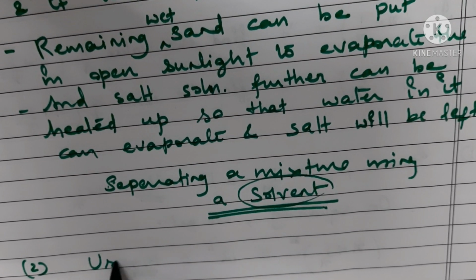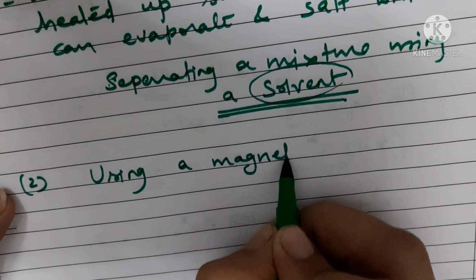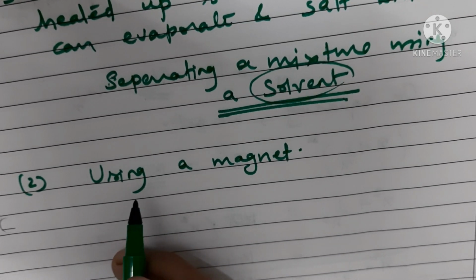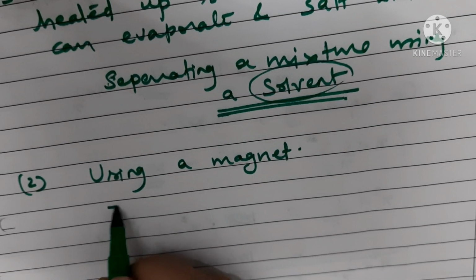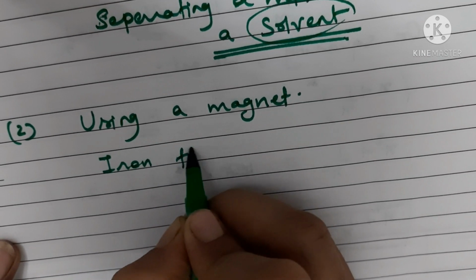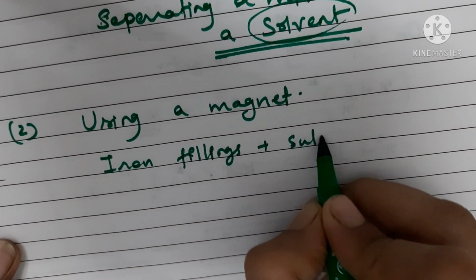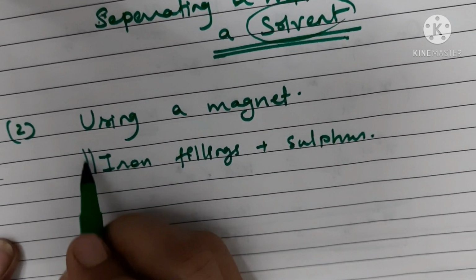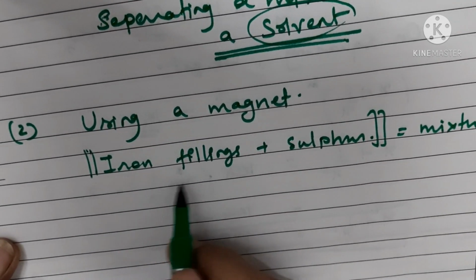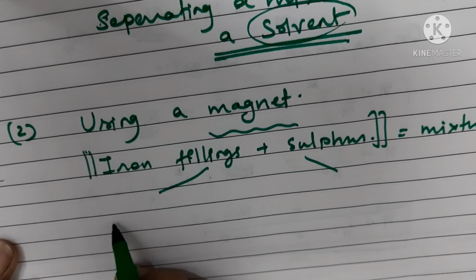Using a magnet. The second one is using a magnet. How can we separate two solids by using a magnet? What we can do? Here also we can take one example of iron fillings. This we have done also, I think, in the previous sessions somewhere. Iron fillings, if are there, and then you are having a mixture of iron fillings and sulfur, suppose. Okay, this is your mixture, suppose. Okay, and this mixture is to be separated. Suppose you have to separate this and this. How can we do this? This is the question. How to do this?